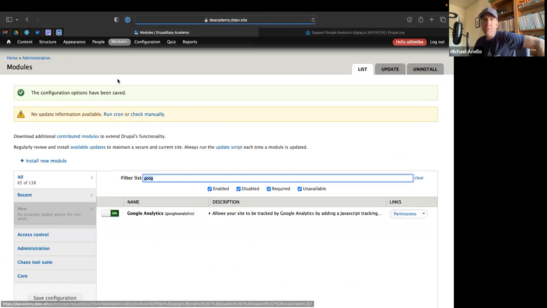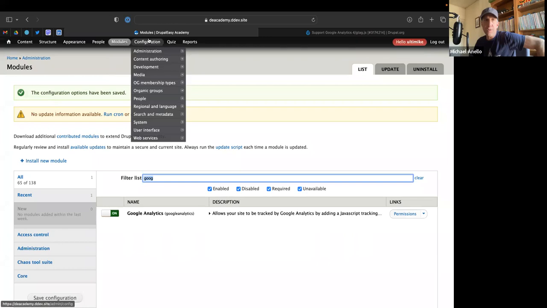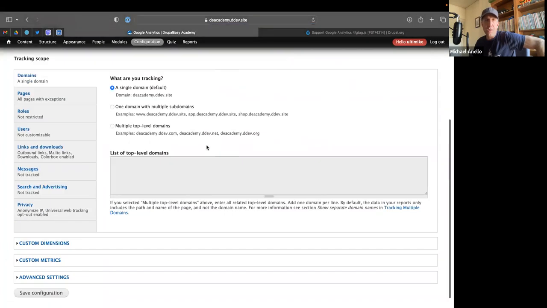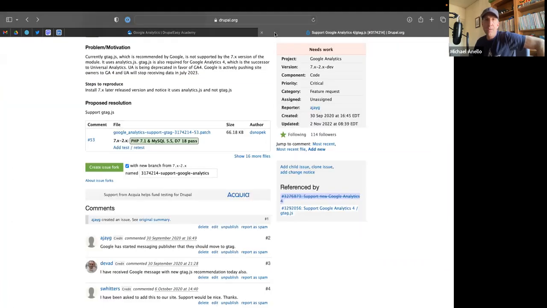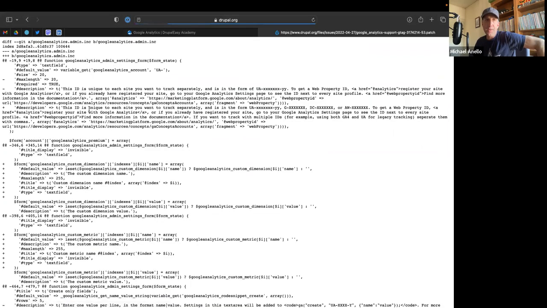Even though I don't use Google Analytics on this site, if we go to System, Google Analytics, we can just see that the page loads. And as Nassar was saying, it's expecting a UA value, but the new version, I believe, is GA dash and then some number. Yes. So what we need to do is somehow apply this patch